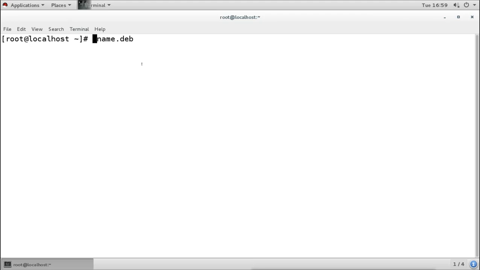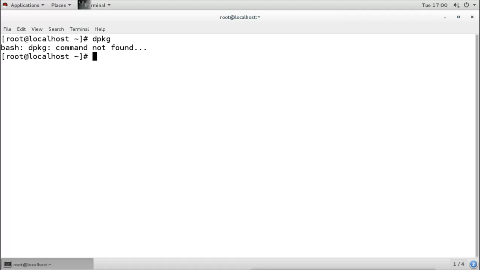Like we have Kali Linux, Debian, and the other Debian versions. On those versions all the extensions are .deb. Now for managing or installing these .deb packages, we need a command, and it is called dpkg. This dpkg command is used to manage .deb packages. Right now we don't have this command in our Linux because this is RHEL, Red Hat Linux, so the dpkg command is not available here.